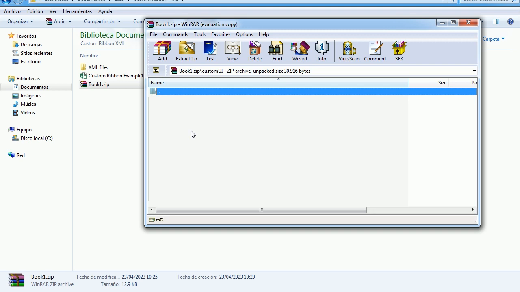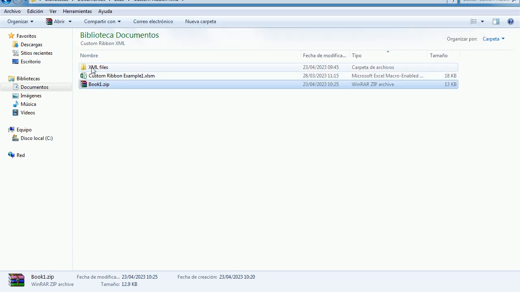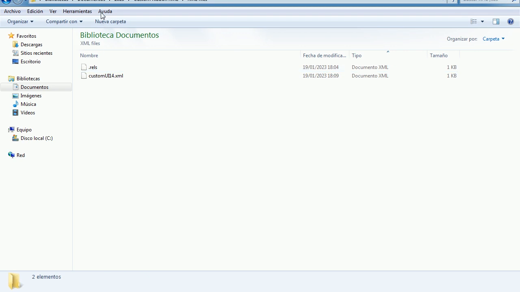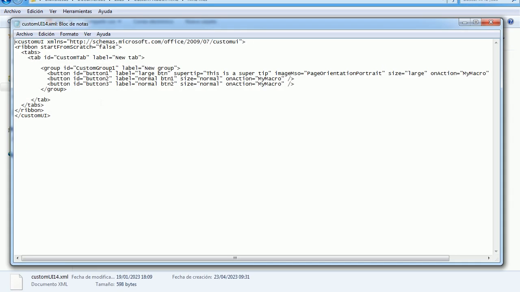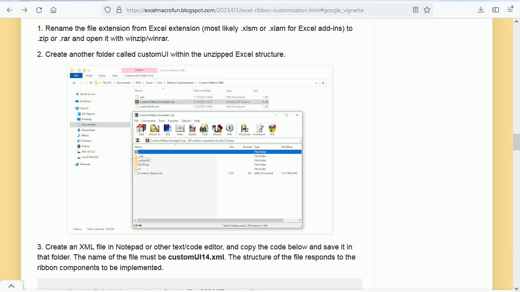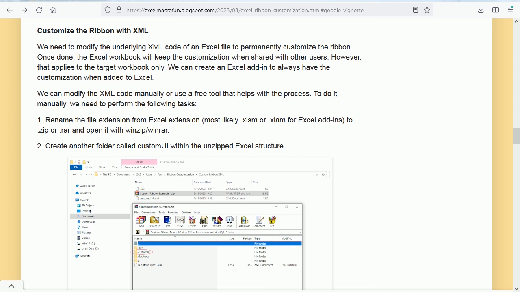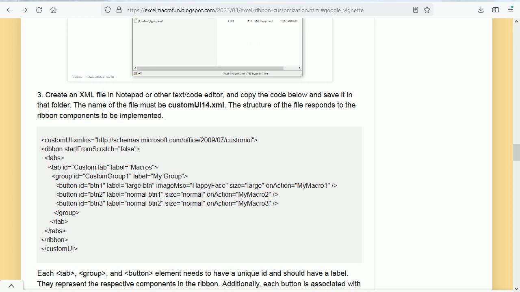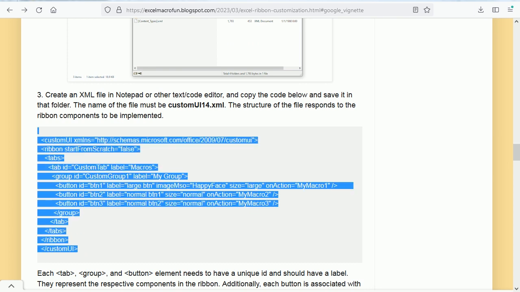customization. So let me go back here to files, and as you see, I have some files already prepared in the XML files folder. And this is the file that we need to add there. I'm going to open it and try to explain what we see here. Now, you can get this code from my blog post. Go down here to customize the ribbon with XML, and here are the steps. Point number 3. You can copy this code,